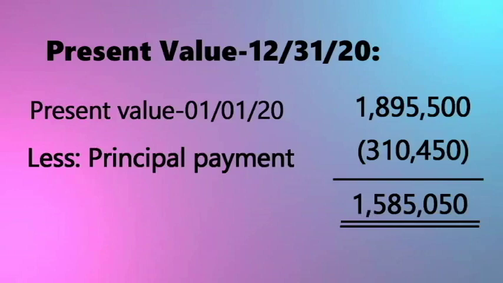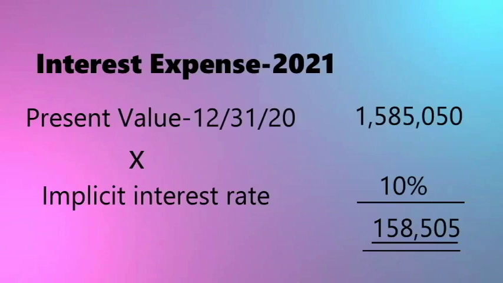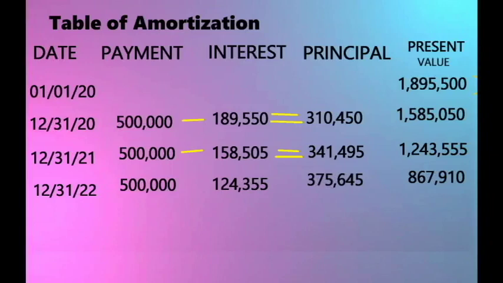1,585,050. So para makuha naman natin yung interest noong December 31, 2021, yung PV noong December 31, 2020, ita-times natin sa implicit rate na 10%. So dito sa case na to, 1,585,050 times 10% is equal to 158,505. So para makuha din natin ulit yung principal noong December 31, 2021, ililess natin yung payment sa interest, which is 500,000 minus 158,505, which is equal to